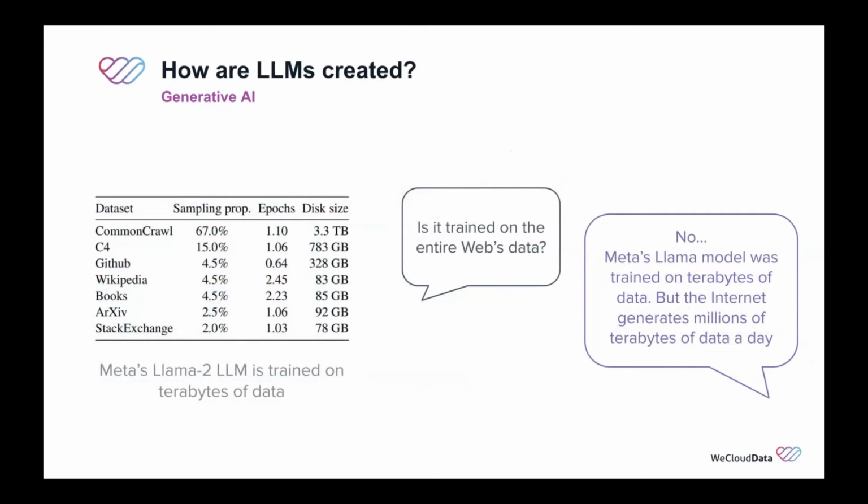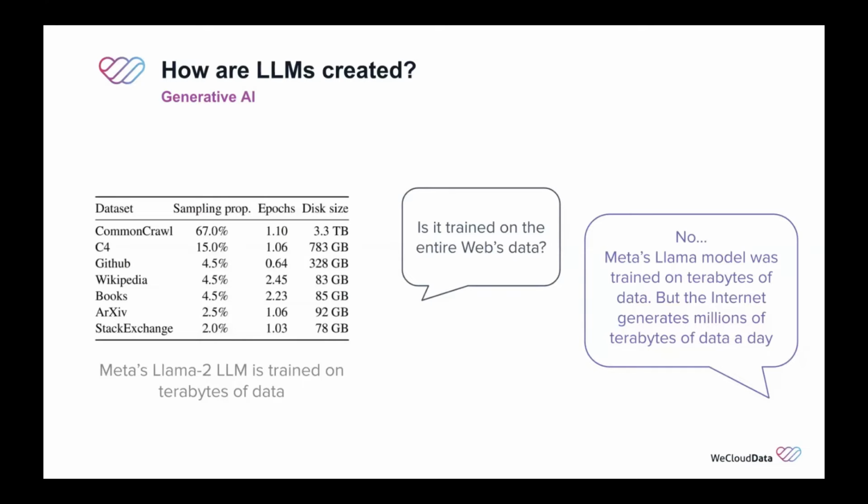the algorithm. And if you look at the data sets used for training the Meta Llama model, it leverages data inputs such as Common Crawl, which is like a snapshot of the web. It basically crawls the entire web, and that is a massive data set. It seems to be 67% of the entire training data. They use Google C4, some GitHub data, Wikipedia, book data, research articles, but this is not the entire web, right? Because if you look at the data size, it's roughly 5-6 terabytes of data,